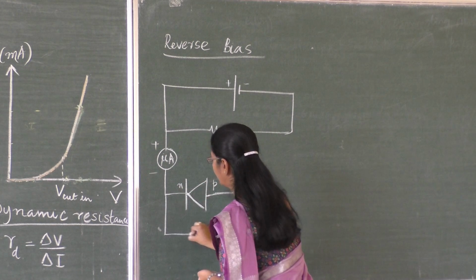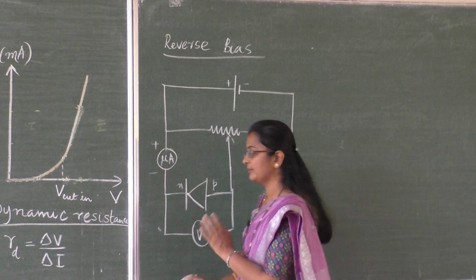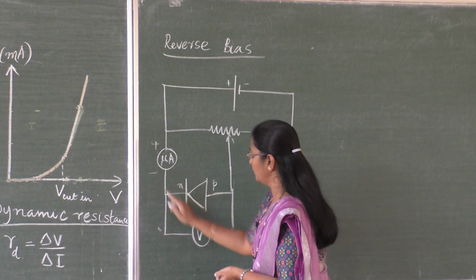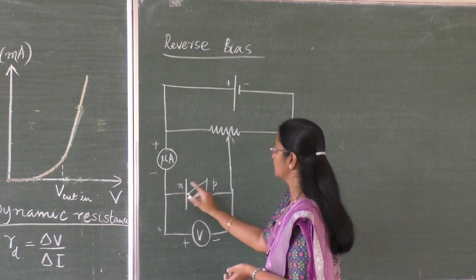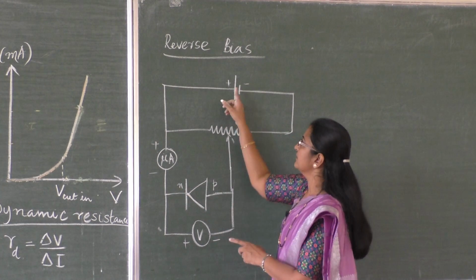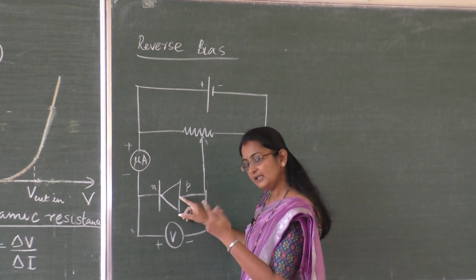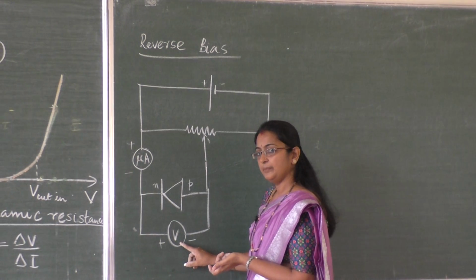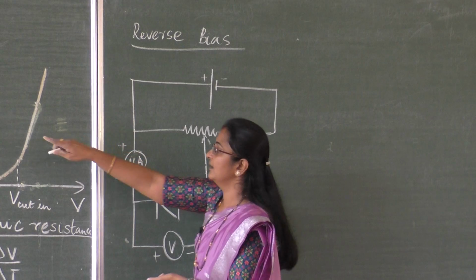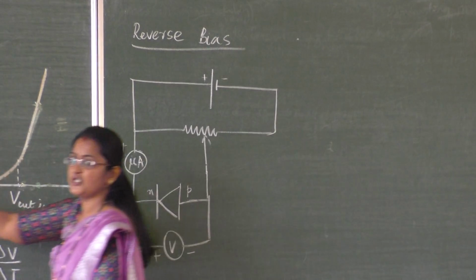And again the voltage connection will remain the same, and the same voltmeter you can use here. Since from positive it is positive, plus minus, here also I can take plus minus. The only changes are here, N and P. You can see the difference, students. This is the battery, rheostat same, diode same, only the connection is reversed. The voltmeter connection is the same. The change is that in forward bias it is milliamps. You can see it.